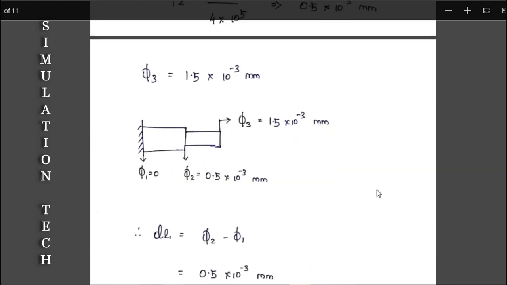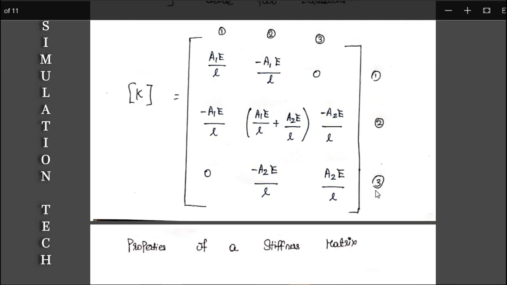So from this, what you have to learn is that in numerical method there is a procedure. First, we need to discretize the model and convert it into elements and nodes. We need to calculate how many elements it has and how many nodes it has. Depending upon the nodes, a stiffness matrix will be created, like you've seen in this display. That stiffness matrix is directly related to the node count. In our problem, we have 3 nodes, n1, n2 and n3. That's why we have a 3 cross 3 matrix. So here we have an order of 3 cross 3.